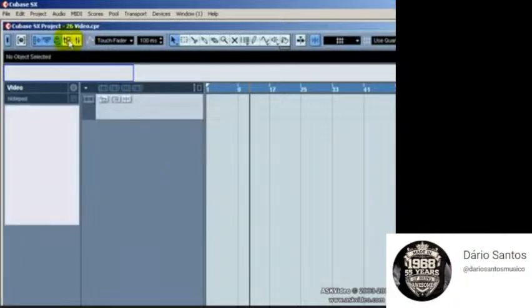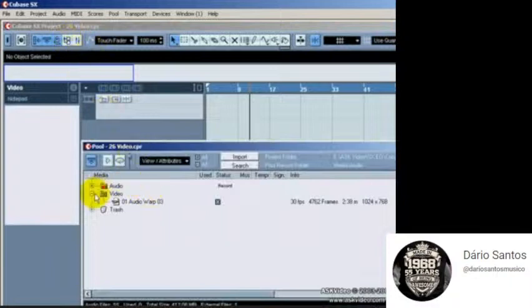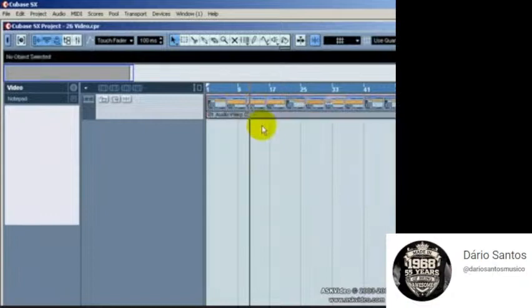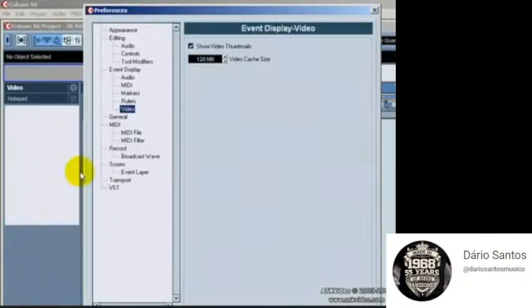I've already imported a video file into my pool. I'm going to go to my pool, grab the file, and drop it on the project page. If you go to the Preferences under the File menu, and then to Video under the Event Display submenu, you'll see that you can turn on or off video thumbnails